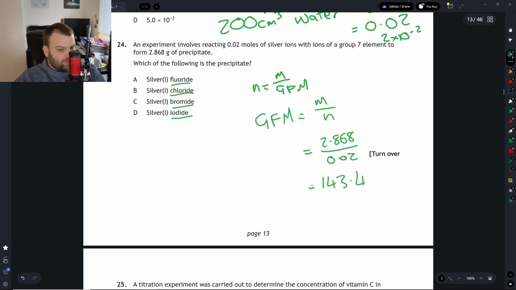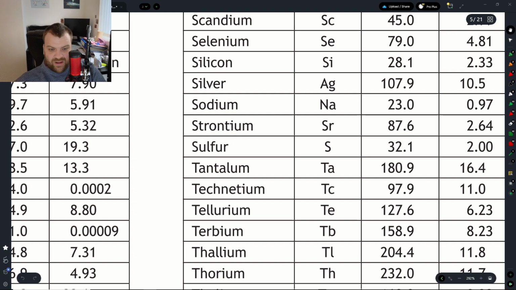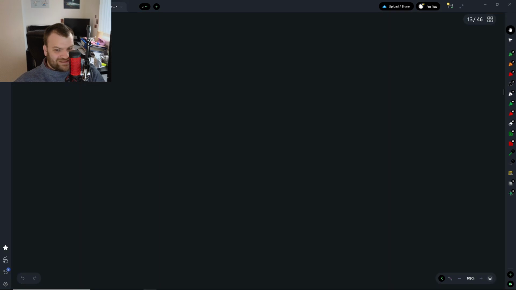This means that they'll all make 1 bond. We have silver, which makes 1 bond, and fluorine, which makes 1 bond. When you swap over your valencies, you still get AgF. And it's the same for all of them because they're all in the same group. So that means we've got AgF, AgCl, AgBr, or AgI. If we look up how heavy silver is, which is 107.9,